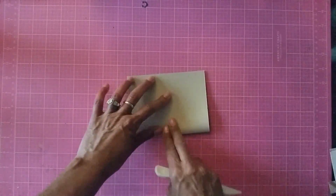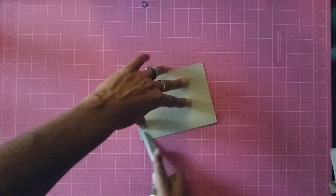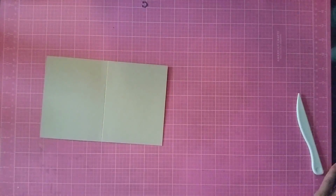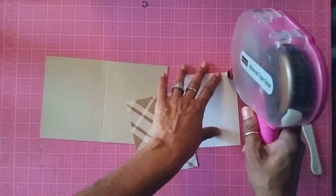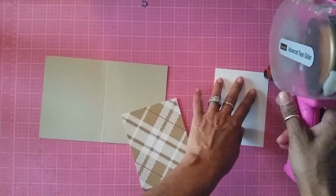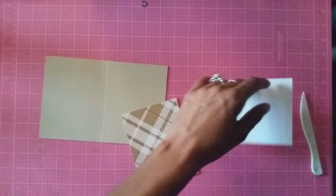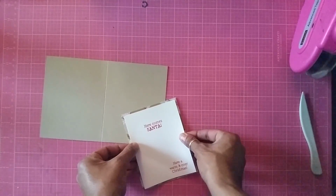Okay. Then I'm just going to take out my bone folder, and I want to crease this really good so it could be flat. So now for the inside of my card, which, you know, I don't know if you guys know, but I always do the inside of every one of my cards. For some reason, I just think that's the finished card. Some people leave it blank so they could write in, but I always say there's another side to the card that you can write in, you know,